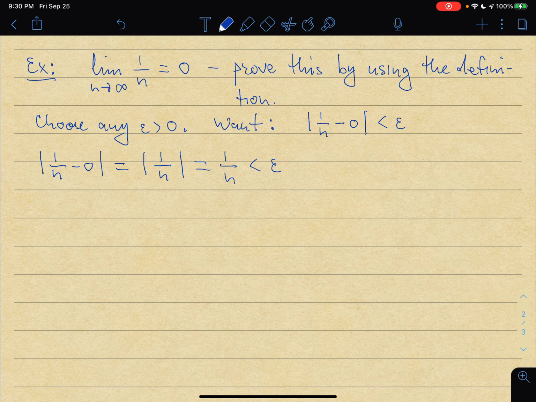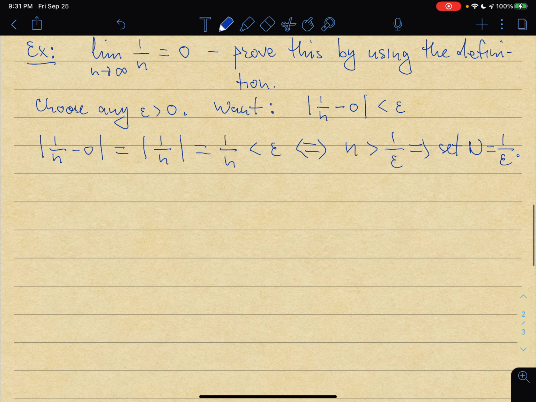How large should I take n to make 1 over n less than epsilon? Oh, well, I can simply invert this inequality by properties of ordering to get that n should be bigger than 1 over epsilon. And so from here, I'm going to set capital N to be 1 over epsilon. All right? And so the definition of a limit will be satisfied if